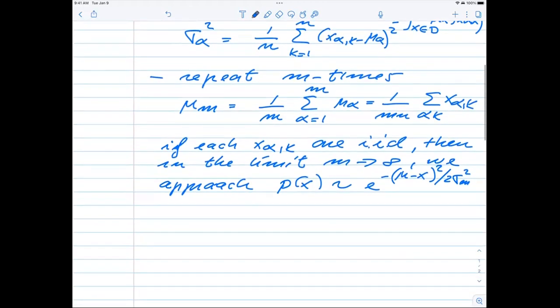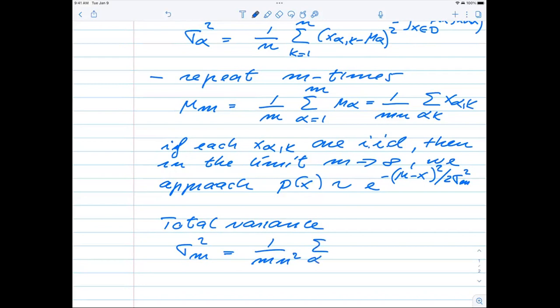Now, what we did last week was then to rewrite the variance. So we defined the total variance. And I'm now just going to set up the final expression which we derived last week, and we're not going to go through the derivation of it in order not to annoy you with setting up the same quantities. So the total variance is something which we could rewrite in terms of 1 over m, and then we had n squared and then we have a sum over alpha, the individual experiments,